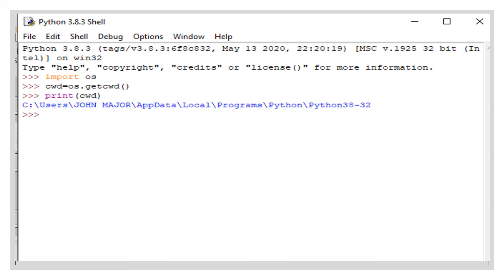See here, import os, the os module has been imported, and cwd = os.getcwd(). Here I am printing the cwd, which shows where the particular file is stored, that is, the current directory or folder. In this folder only these files are stored. This is called the absolute path and the relative path.